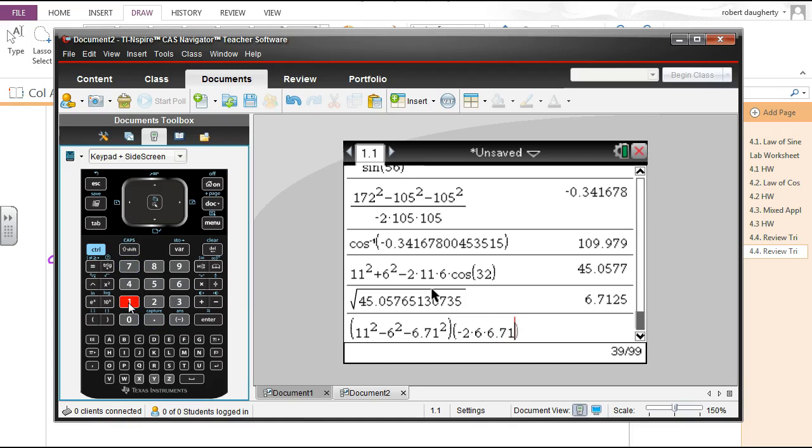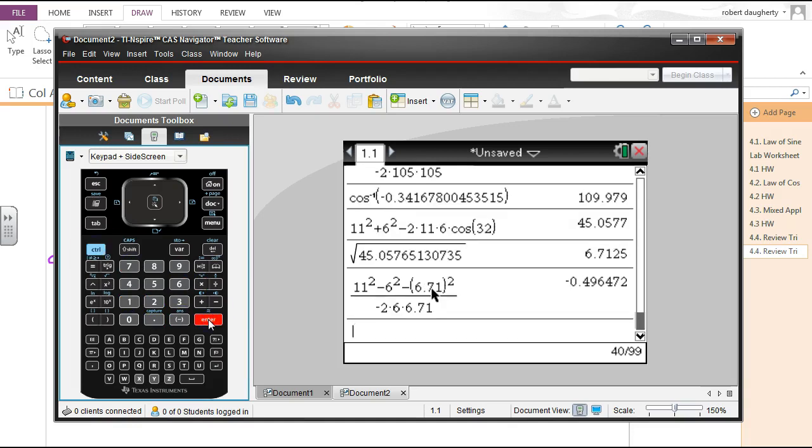And let me back up, I think I may have a mistake here. That's my fraction divided by parentheses, negative 2 times 6 times 6.71. And all of that is negative